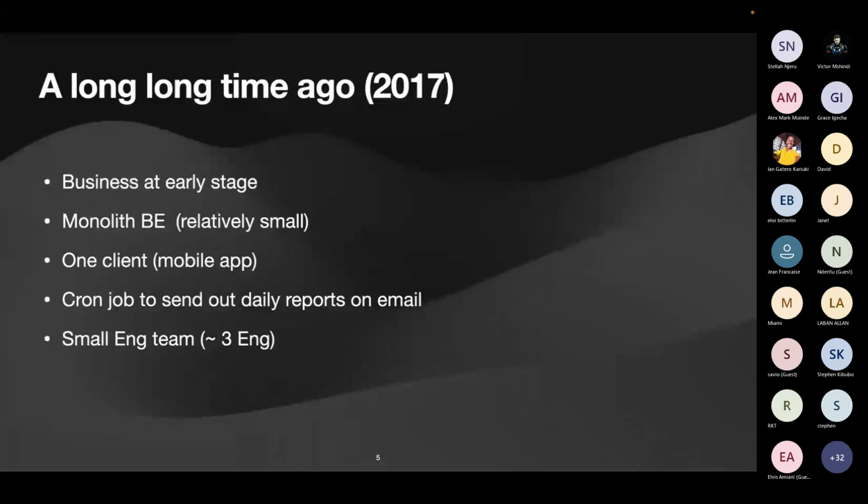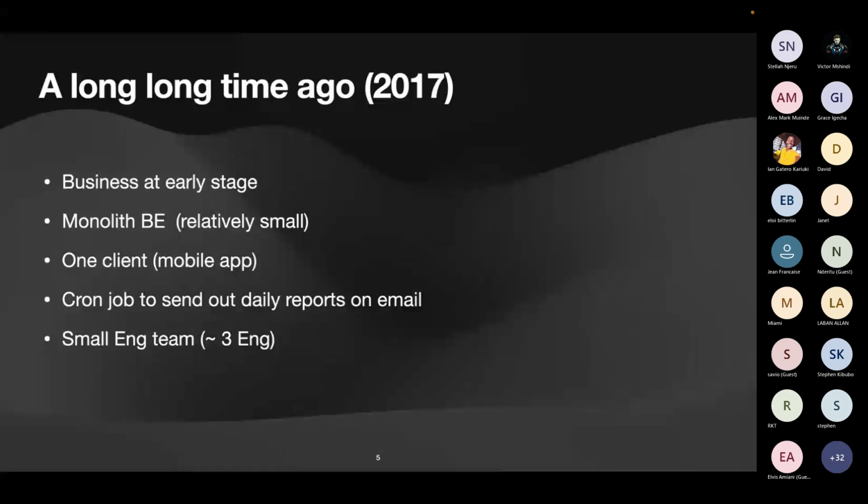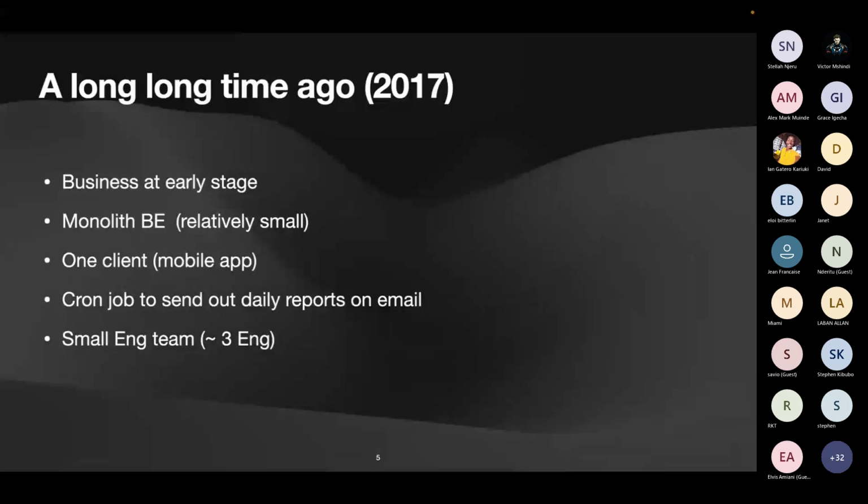The other thing that I can remember was there was this cron job that we used to send out reports via email at a specific time. Execs would like to keep track of some metrics. So yeah, and that was it. And then the engineering team was around 3 engineering members.